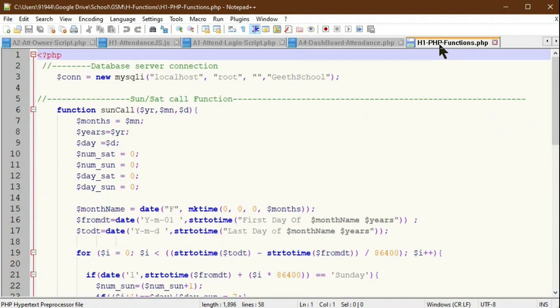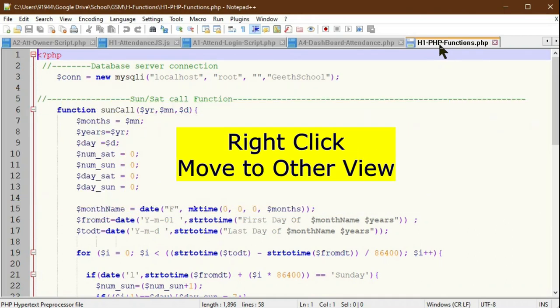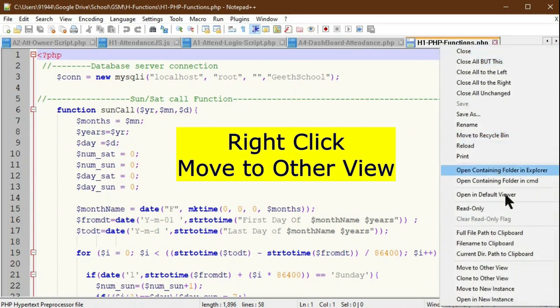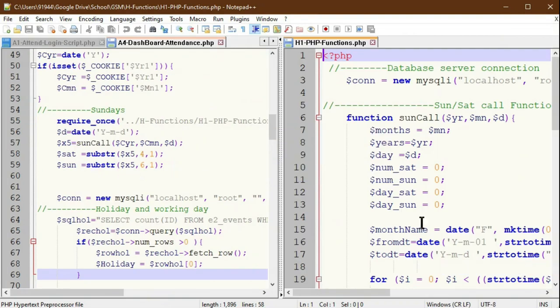Then you have to select that file, then right click. In the bottommost there is a command, move to other view. Just click move to other view, then Notepad++ automatically splits the entire edit area into two parts, and in the left hand part it will keep all other files, and only the file we selected is moved to the right hand part.